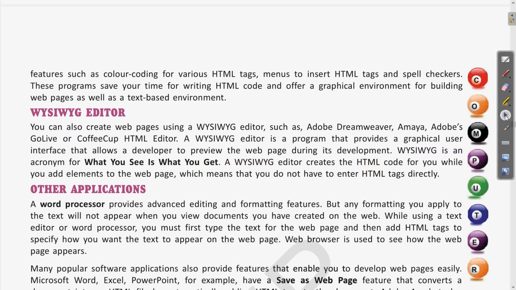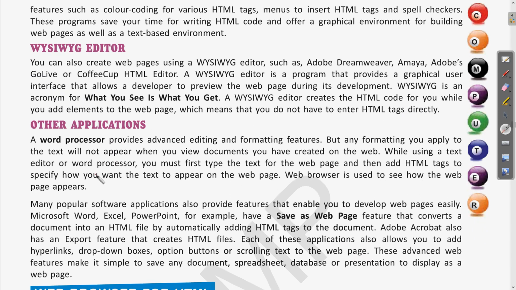So let us see the other applications. A word processor provides advanced editing and formatting features, but any formatting you apply to the text will not appear when you view the documents you have created on the web. Clear?